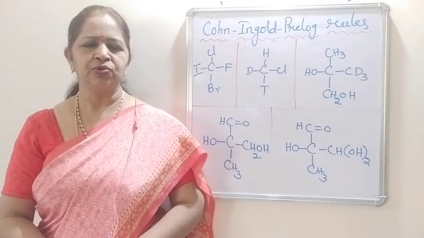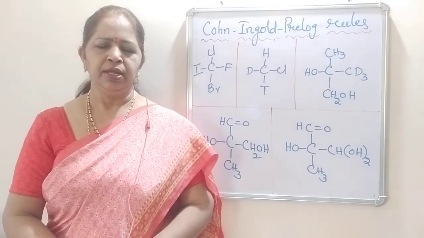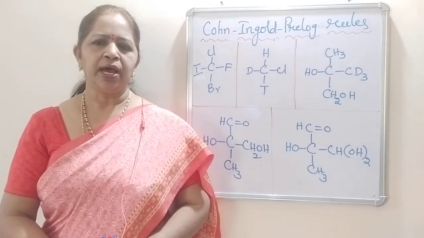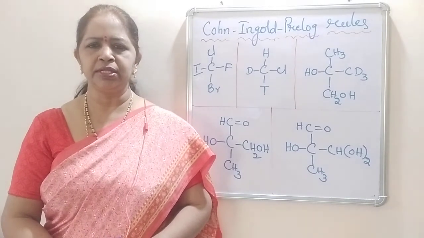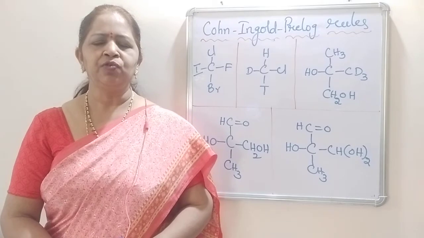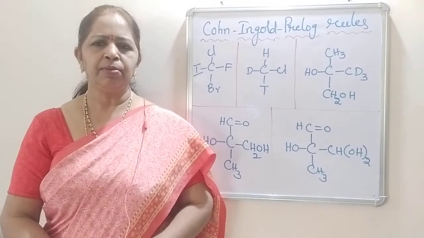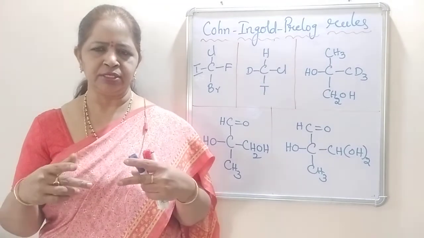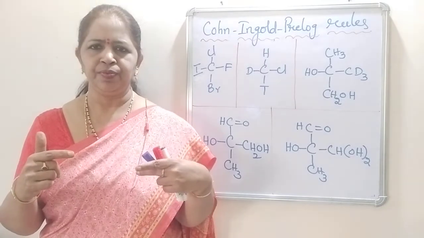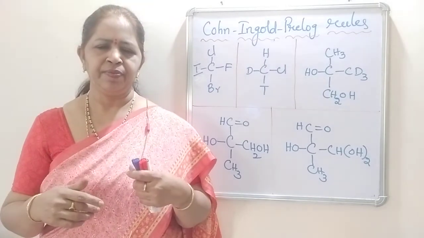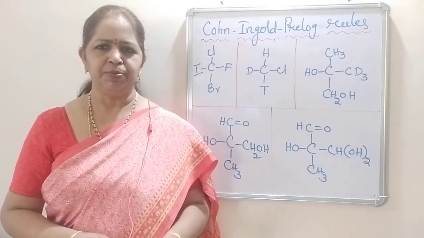Okay, students. So, first let us see these rules. According to this, priorities will be given to the atoms or groups which are attached to a chiral carbon. A chiral carbon is the one which is bonded to 4 different groups or atoms, or in alkenes, to the double bonded carbon atoms 2 groups will be attached. Those 2 groups will be given priorities as 1, 2 and 1, 2, based on the atomic number. The atom with the highest atomic number gets the first priority.